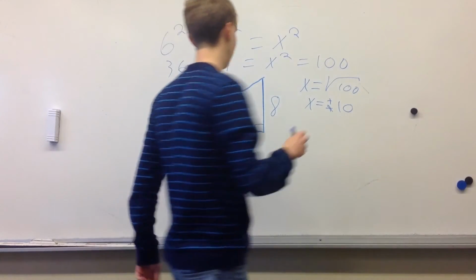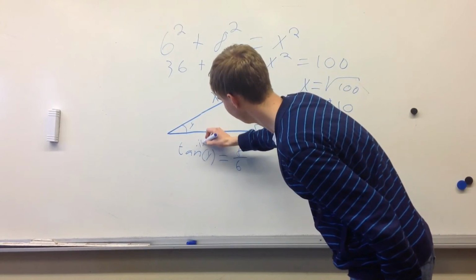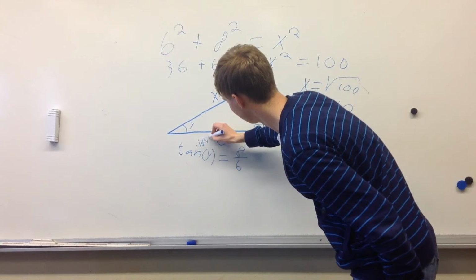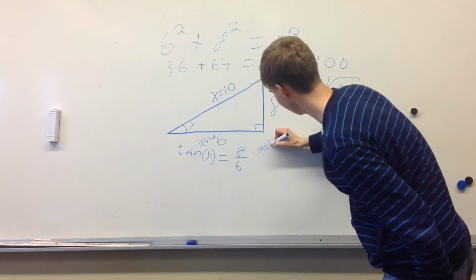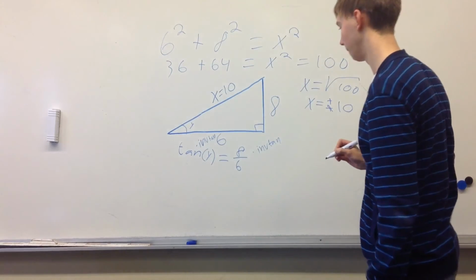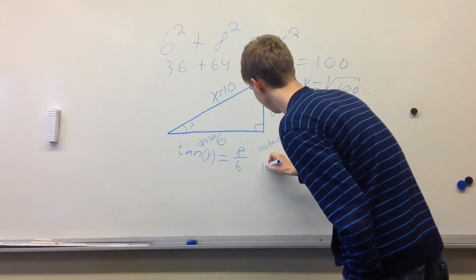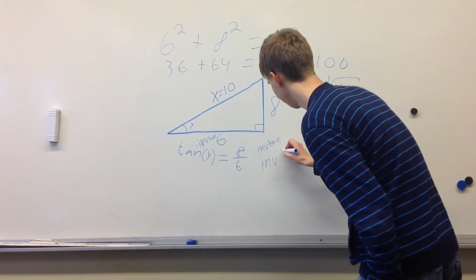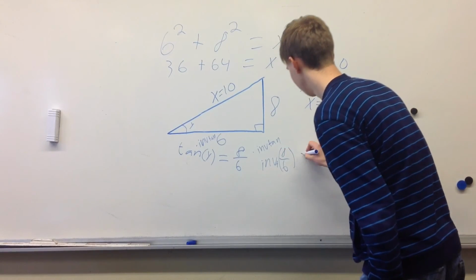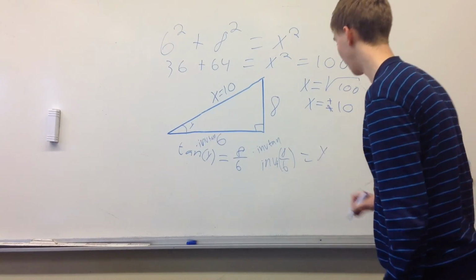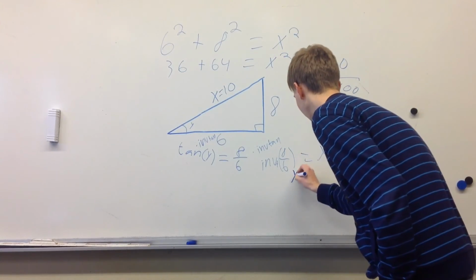And if you want to simplify this, you simply apply the inverse tan on this side and do the same with the inverse tan on this side. And what you're left with is inverse tan of 8/6 equals y. And if you do a little simple calculation, you find that y equals